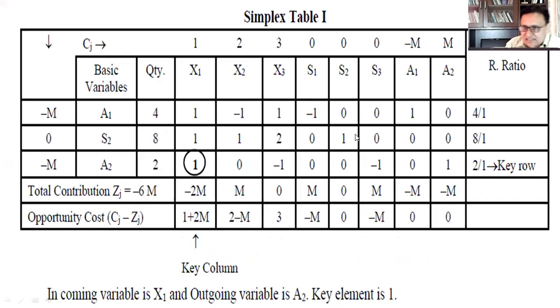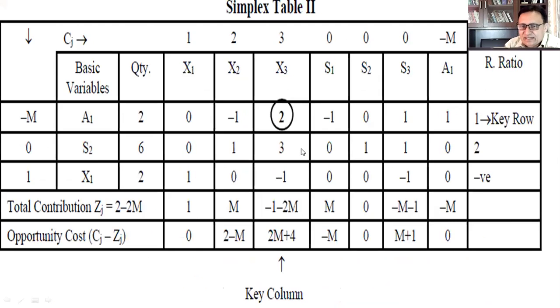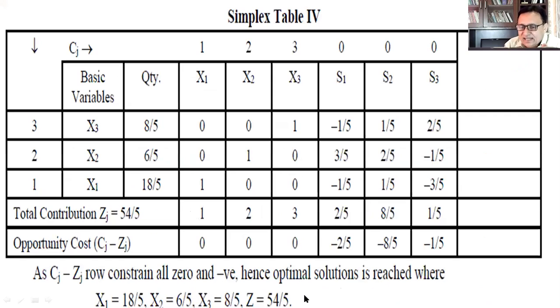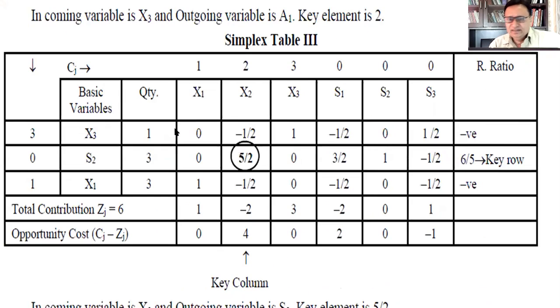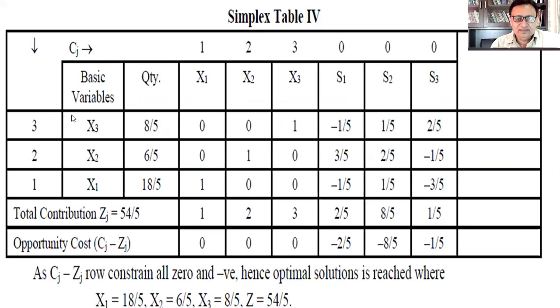The same iterative procedure which we discussed in the general simplex method is followed, and then lastly we arrive at the optimal solution. Now there are a number of situations which may arise, that you may note down. For example, you have got the optimal solution, but still artificial variables are there in the basic variables. That means you test the optimality, Cj minus Zj is tested, and you find out that there is still an artificial variable in the basic variables.